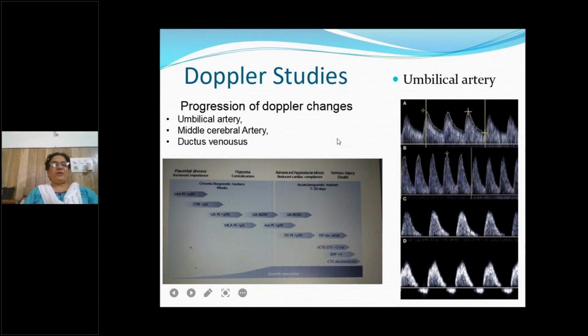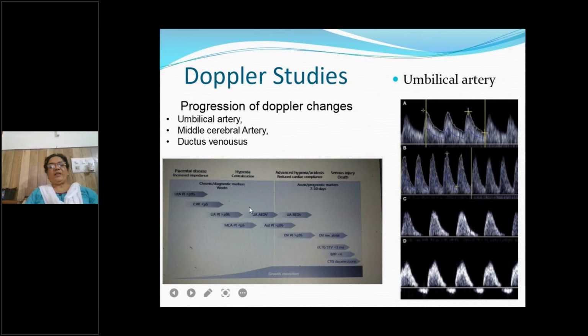So the first vessel in the fetus which is affected is the umbilical artery pulsatility index. Then occurs the centralization of flow, and your cerebroplacental ratio will be decreased. What is the cerebroplacental ratio? It is the ratio of the fetal middle cerebral artery pulsatility index to the umbilical artery. It means the cerebral blood flow is increasing, as more blood is being diverted into the fetal brain as a part of the umbilical artery compromise. So that's the earliest sign of compromise of blood flow to the fetus. And further, what next occurs will be absence and then reversal of end diastolic flow.